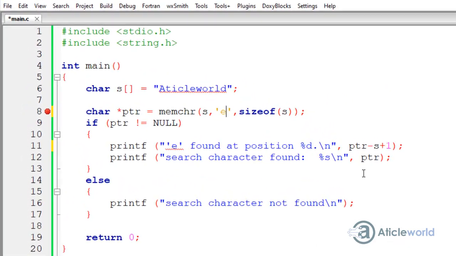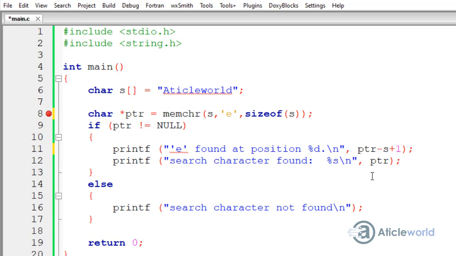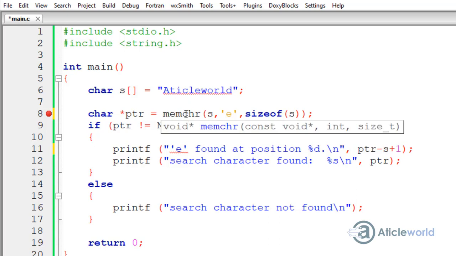Here you can see that I have already written a small program to understand the working of memchr function. So first thing is that you must include the string.h header file in your C program before using the memchr function, because this function is declared in this header file.